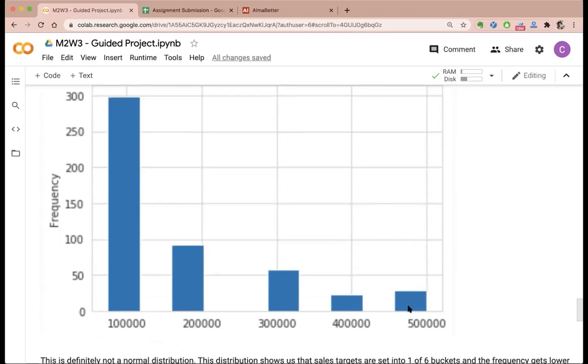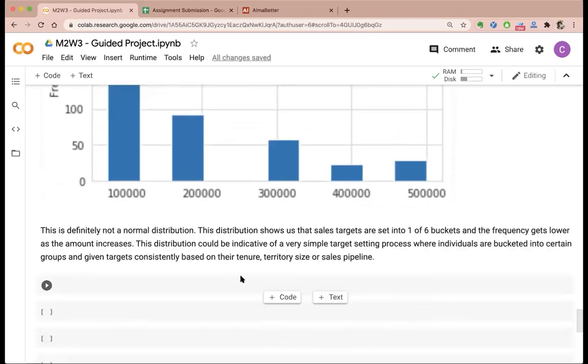And very few people will be given high values of targets, right? So probably these are very high performing people, and they are managing a very large territory, right? So those type of things affect which person is getting which target, right? But of course, the lower limit will be the most frequent target, right? So everyone will be told to go and achieve these targets, right? Of course, other variations are there based on territory, tenure, and of course other factors, right?